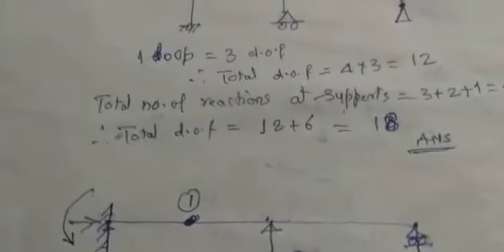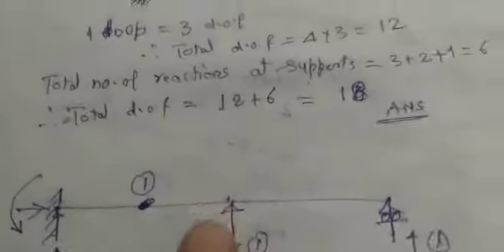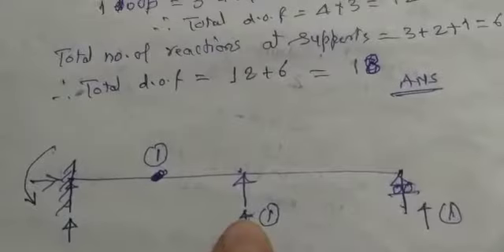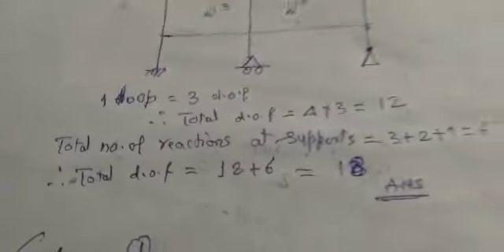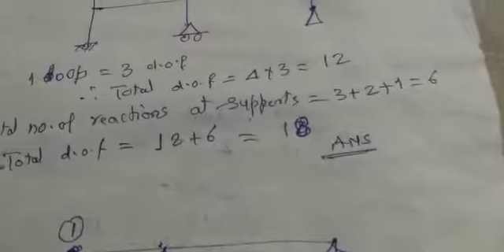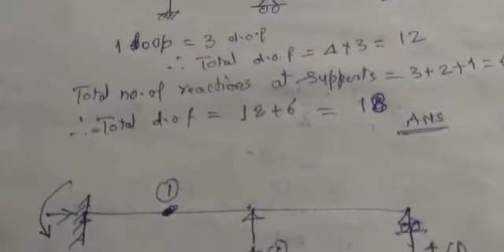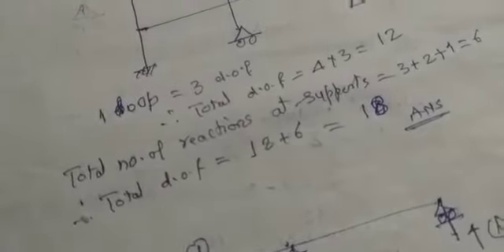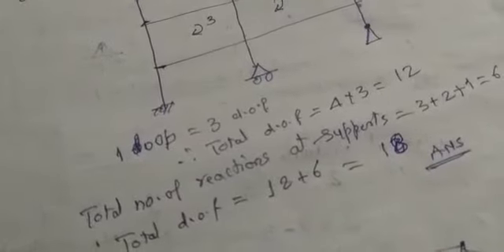Now here what we find so far: the total number of reactions over here is 3. Here it comes out to be 1, and here it comes out to be 1. So 3 plus 1 plus 1, the total number of degrees of freedom will be 5. And here, in the equilibrium condition, 3 plus 1, that is 4. So we can see the reactions will be 3 plus 1 plus 1, that is 5.